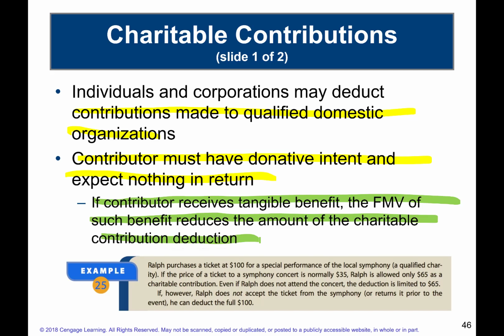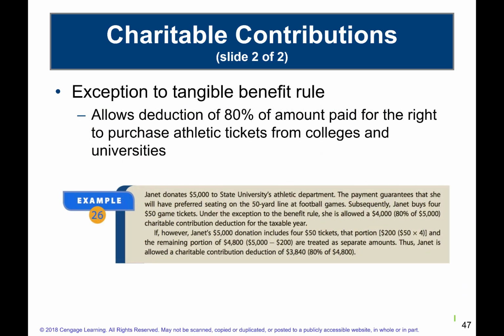So the contribution in that case, assuming it was an organization that was eligible for a charitable contribution, is going to be $75, right? The tickets were only worth $100, and we bought them for $175, so that would be the amount of the donation. And that's sort of the same thing here. I guess Ralph is going to the symphony instead of a baseball game, but it would work out the same way. Okay? All right.